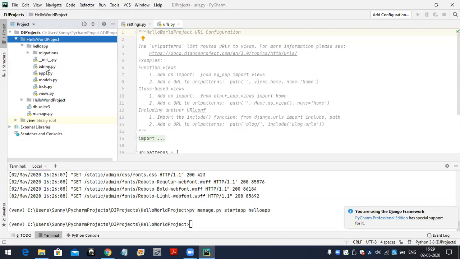Next, the admin.py file. What is the purpose of admin.py? Here I want to create some tables inside the database, and for that we have to write some model classes.